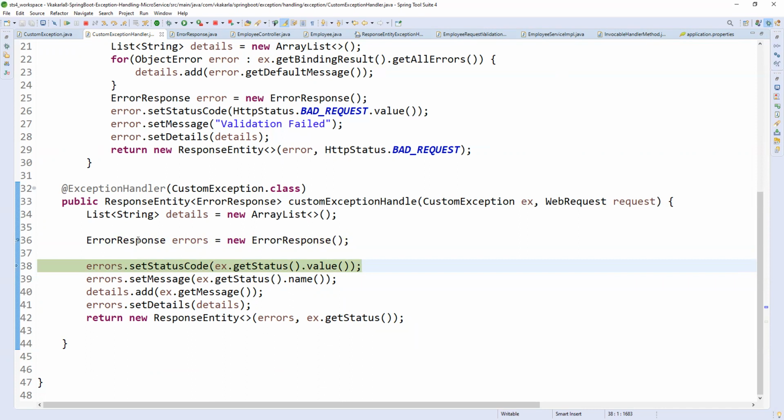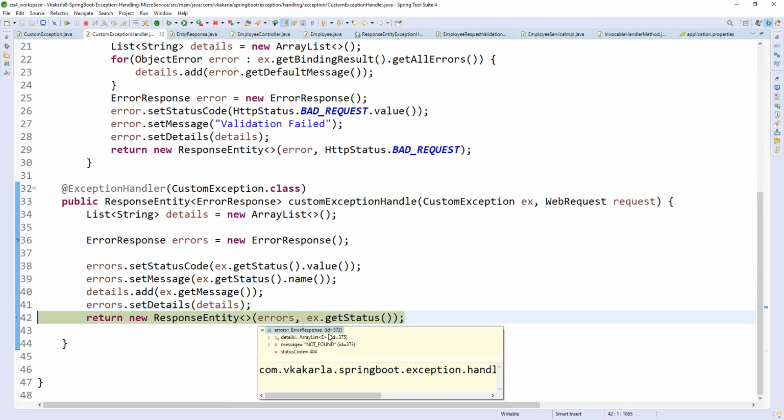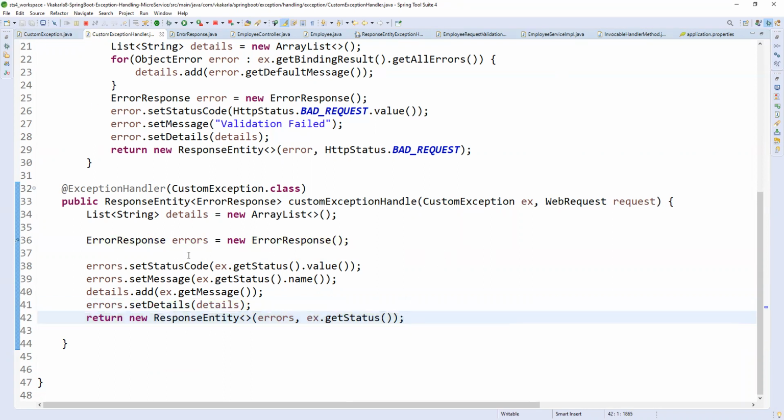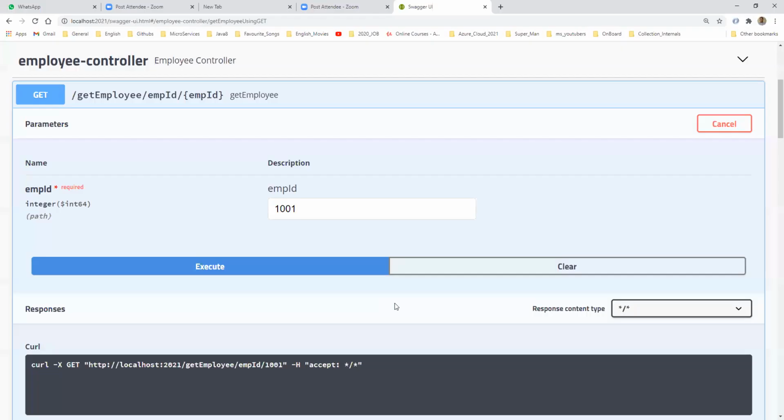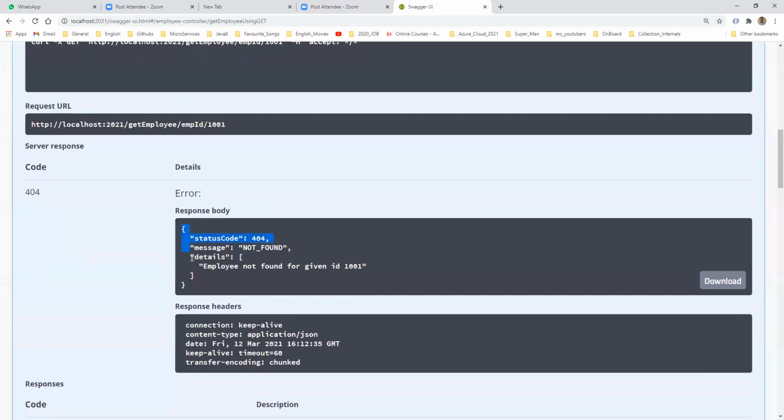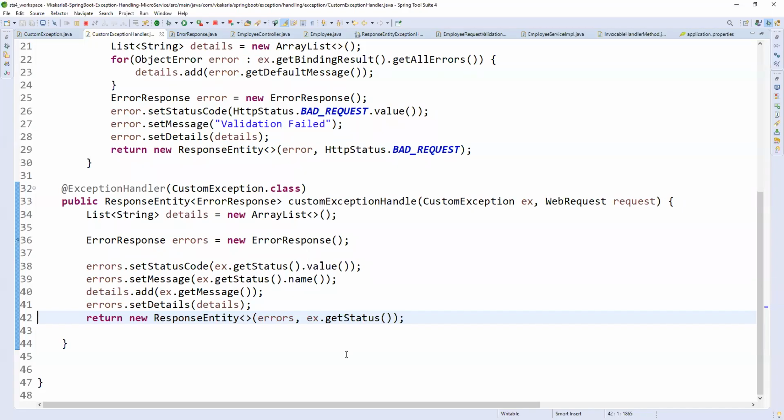Because in the error response we have a list of details. I am adding the error response to the respective error format and simply passing it. That is the reason we are getting it in this format. You can define your own format by adding the error details in this method.